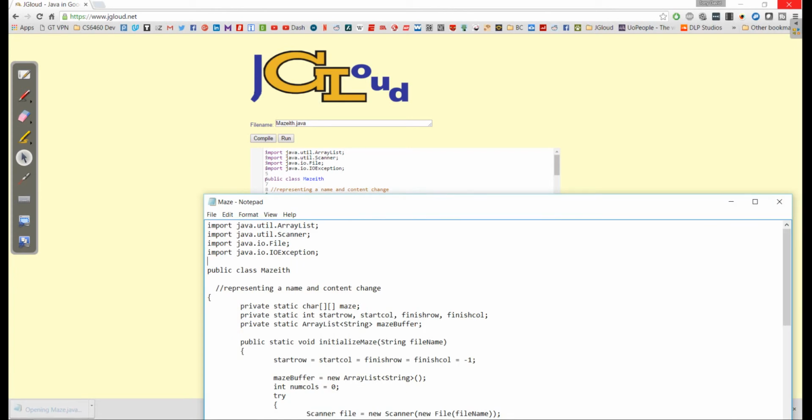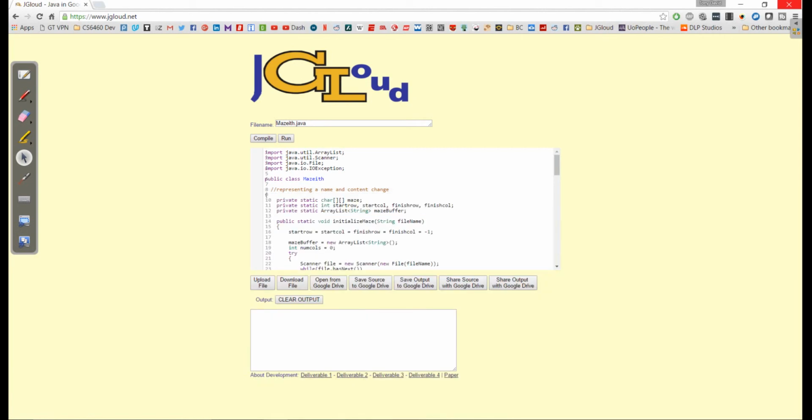Notice that the changes have been made to mazeith, and the content have been done as well. I need to fix this so it actually uses the new file name instead of the old file name. That's a relatively simple correction I need to make. So we had this working well with our local file system, and we have the ability to also open a